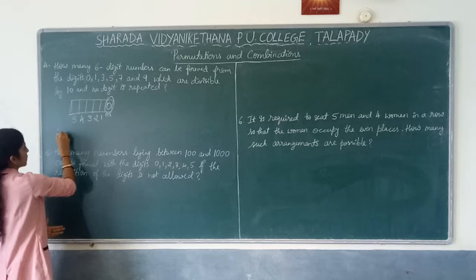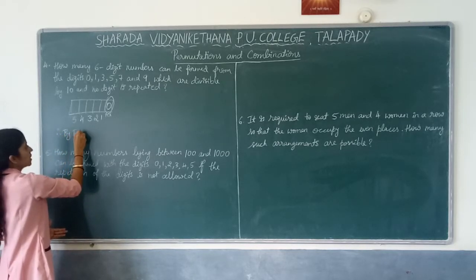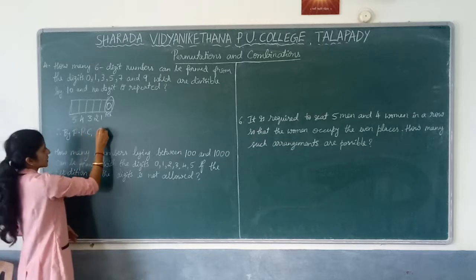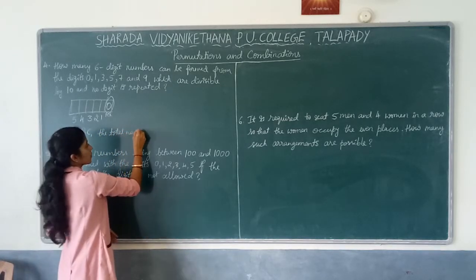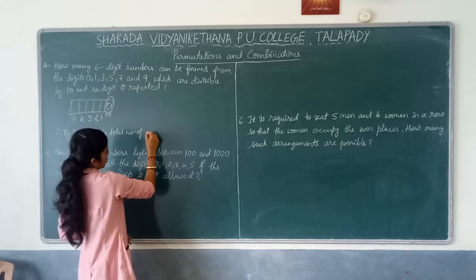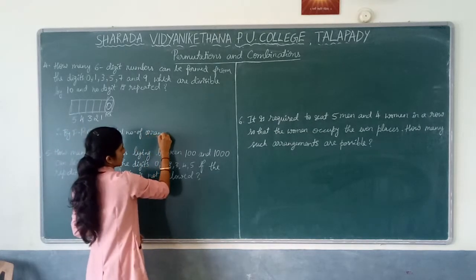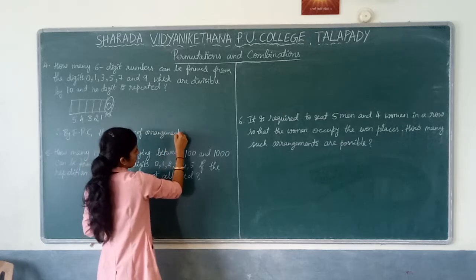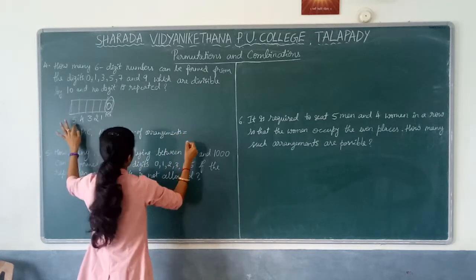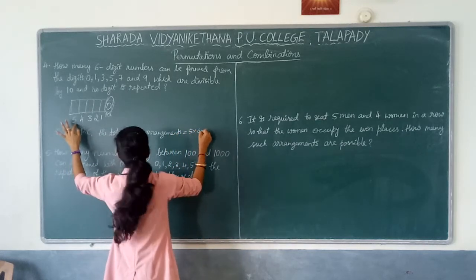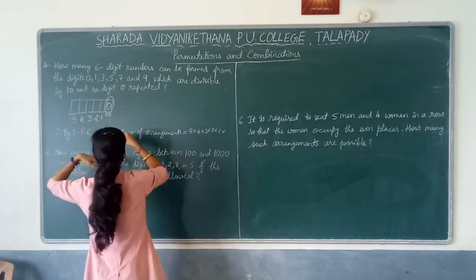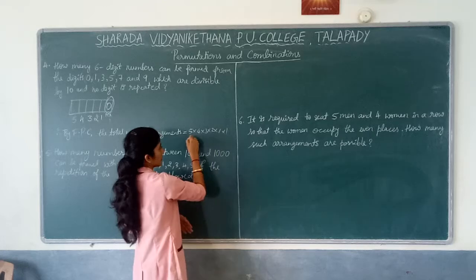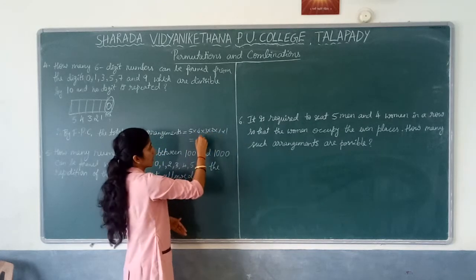Therefore, how to find the number of arrangements? By FPC, fundamental principle of counting, I can tell the total number of arrangements is equal to 5 into 4 into 3 into 2 into 1 into, here only one possibility, or you can tell it is fixed. So into 1. So it is actually equal to 5 factorial, and that is